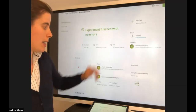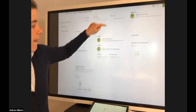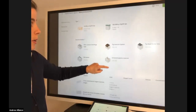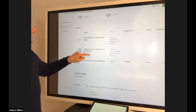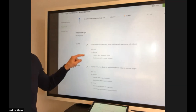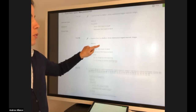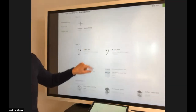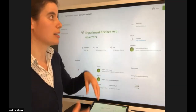It was done by myself, so by Sophie here. And these are the materials that we have used in this particular experiment, and step by step, what protocol steps took place, how much time it took, and so forth. If I now click on Validate Report, this is logged in time